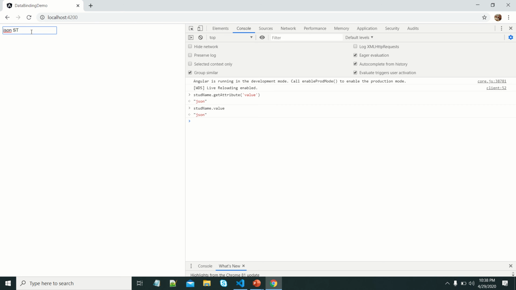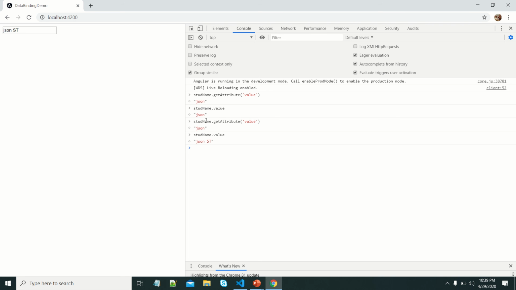I change it to JSON ST. Let me find the values of the attribute and the DOM property. First, I take the attribute value. Here we can see that the attribute value hasn't changed. If I take the DOM value, I can see the current value as JSON ST. That means attributes cannot be changed. Only DOM properties can be changed.